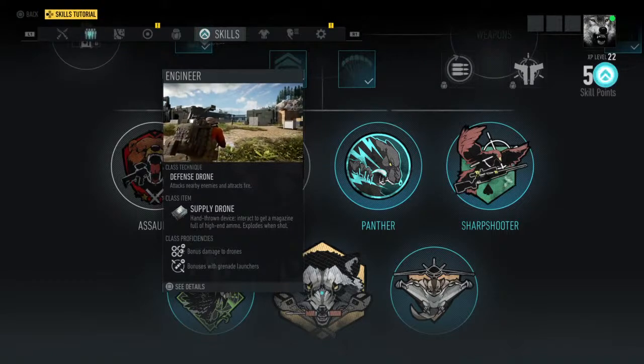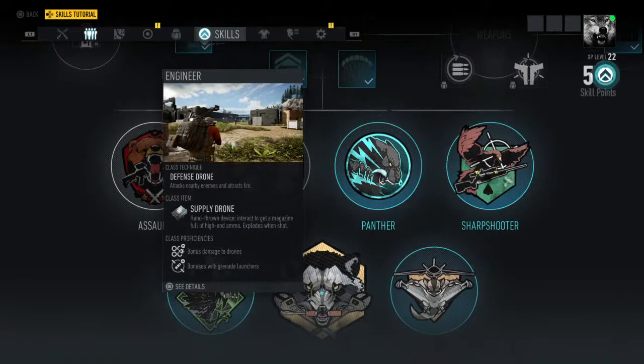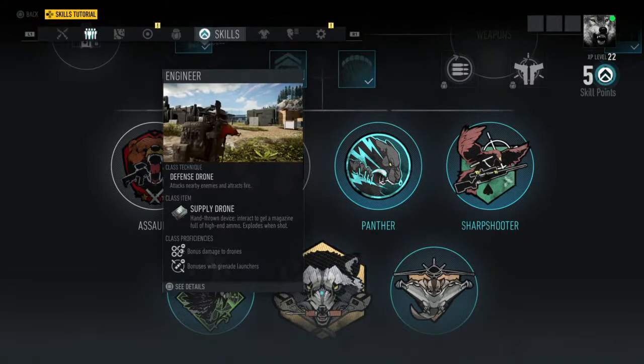the engineer class has a workaround glitch with these extra rounds. So the supply drone interacts to get a magazine full of high-end ammo, explodes when shot. The high-end ammo gives you 3 points extra damage, and they're like green tracer rounds. So I guess I can go into the glitch for you if you want me to, but I'm sure there's